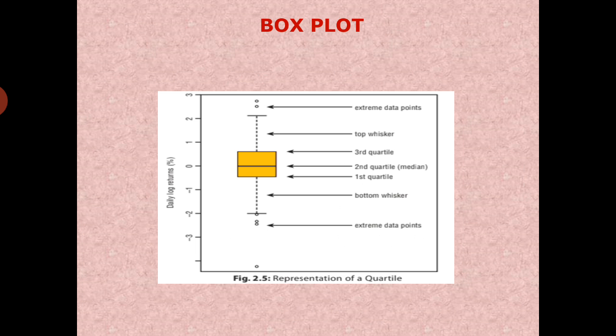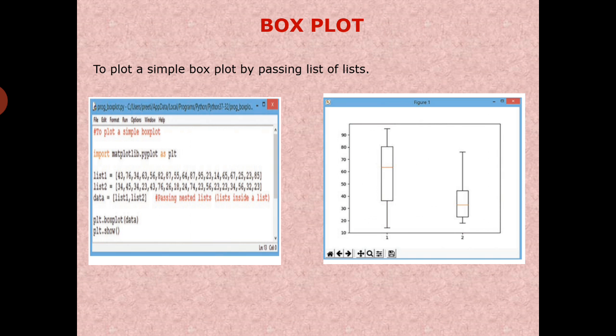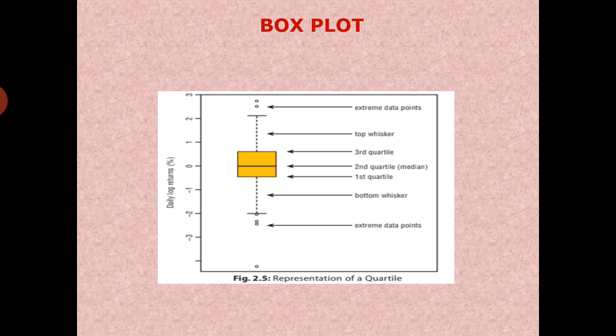Now, what is a box plot? A box plot, also called a box-and-whisker plot, is a way to show the spread and center of a data set. Measures of spread include the interquartile range and the range of the data set. Measures of center include the mean or average and median. The box chart shows you how your data is spread out. Now, five pieces of information are generally included in the chart.